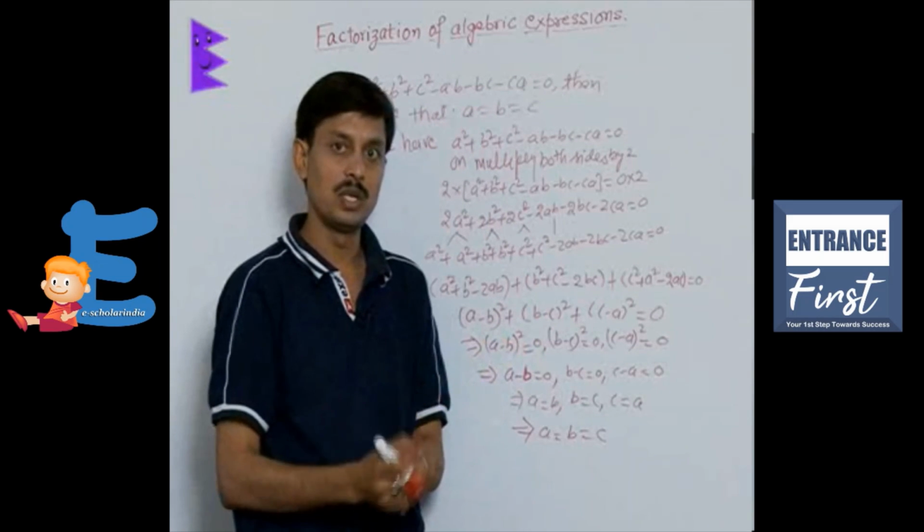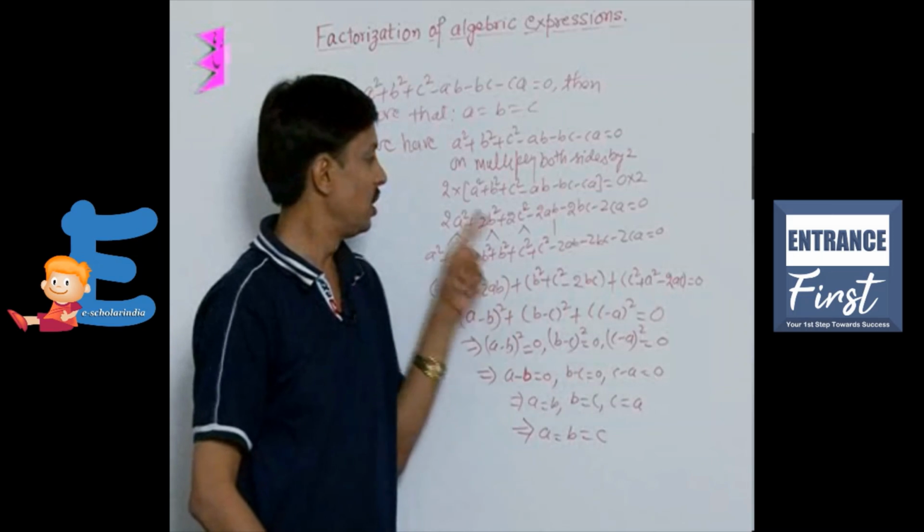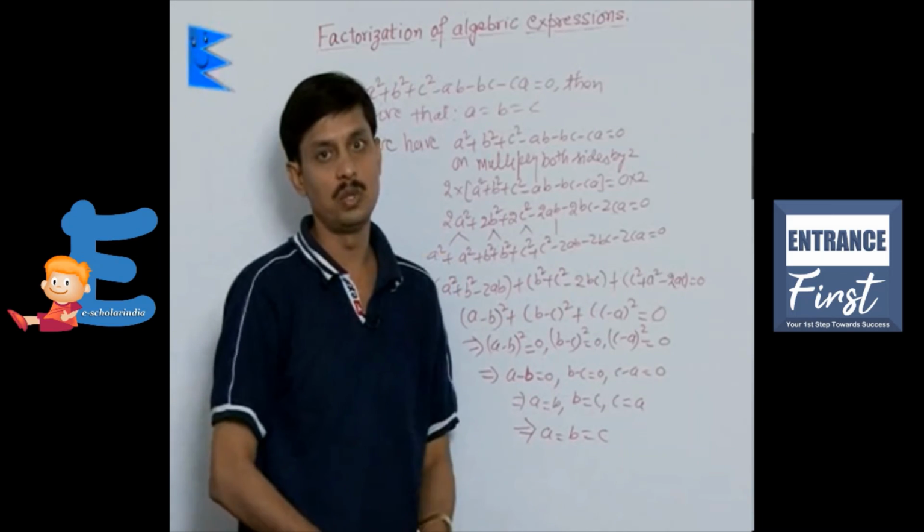So this is a question where a lot of skill is required. Initially, how to multiply by 2 and then using the